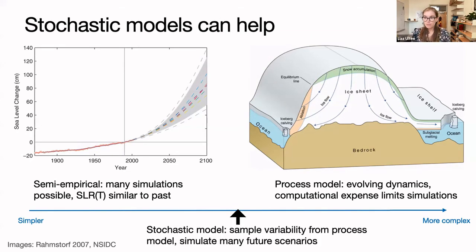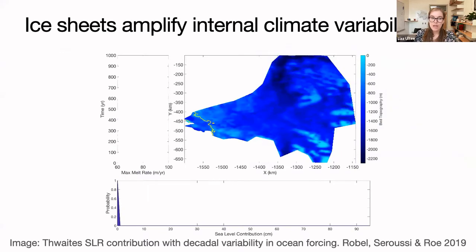So somewhere here in the middle, we can put a stochastic model, which allows us to sample the variability from the process models that we have. So taking some of that output, but simulating many future scenarios through statistical methods to fill in the range of possible climate futures. Another challenge facing us in generating probabilistic sea level projections is that ice sheets themselves tend to